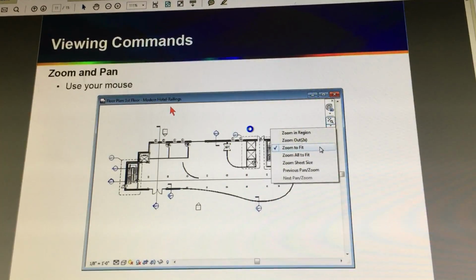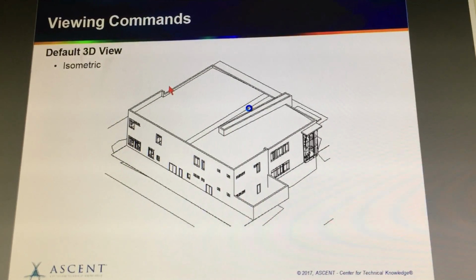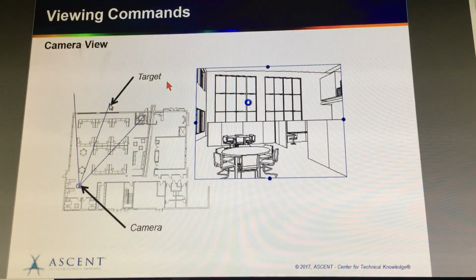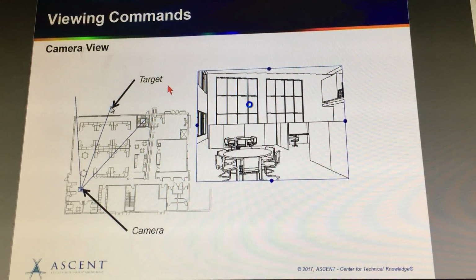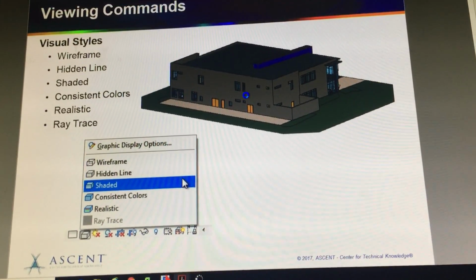Talked about saving projects. We talked about zooming and panning. Talked about looking at your default 3D view. And the book goes into camera view. Visual styles. We talked about how you can actually tell Revit that you